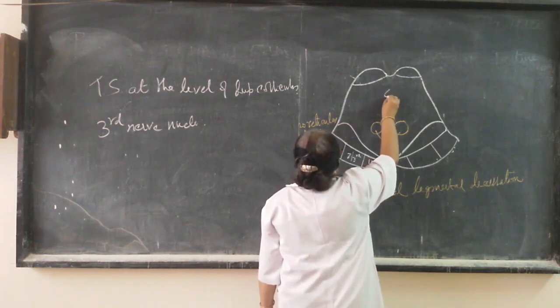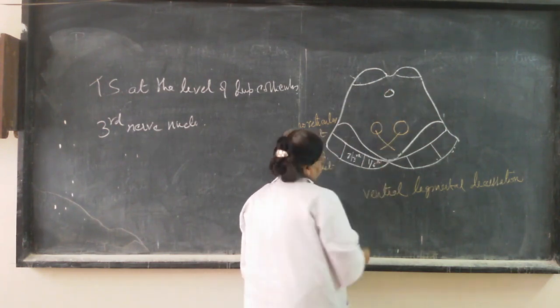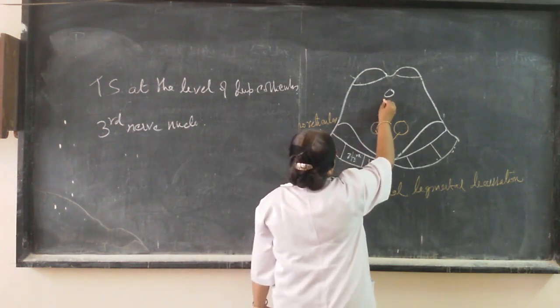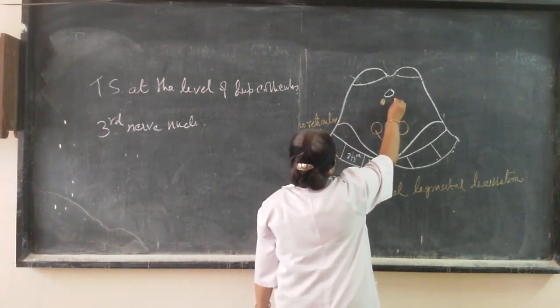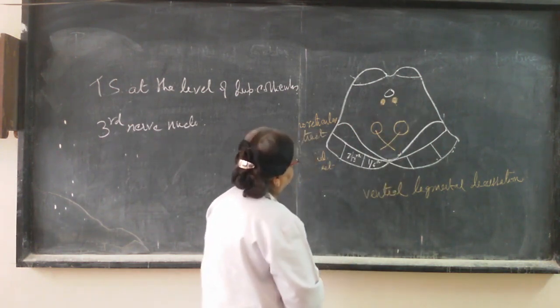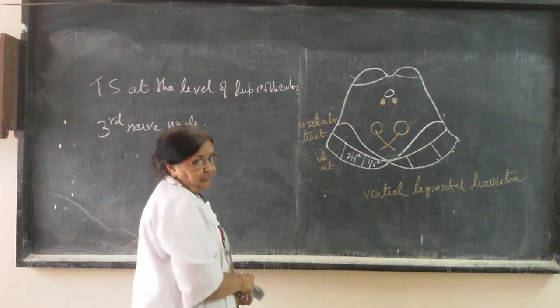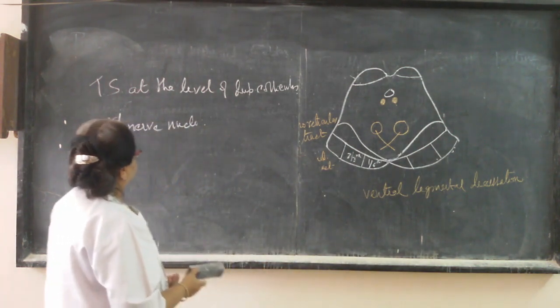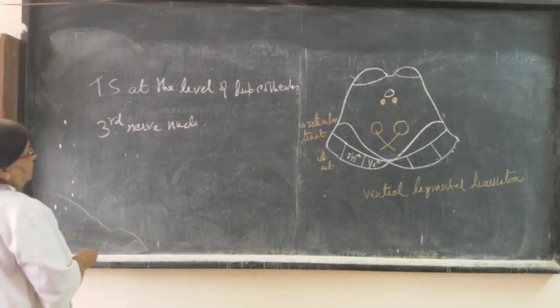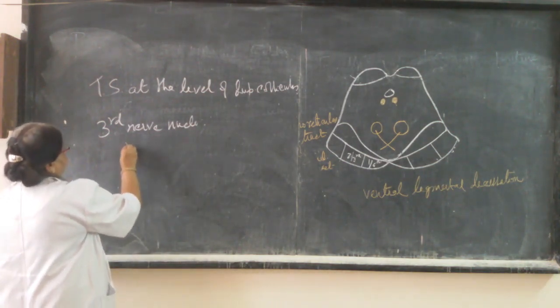Suppose this is the aqueduct; this is the position of the third nerve nucleus. The third nerve nucleus has various subnuclei. They are known as ventral,